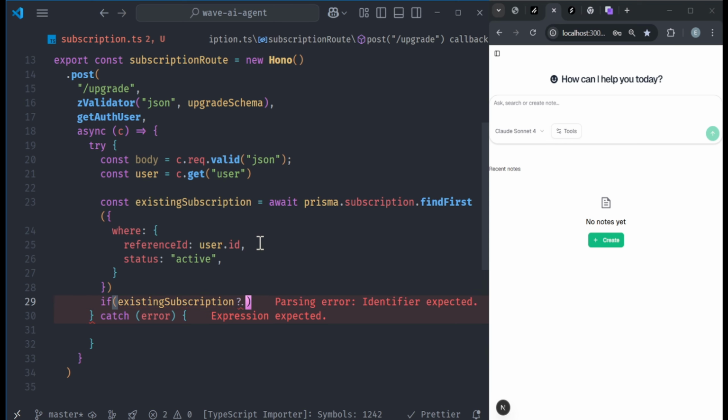We're going to say subscription. We're going to pass in the subscription ID here. You can see existing subscription dot Stripe subscription ID. Else,